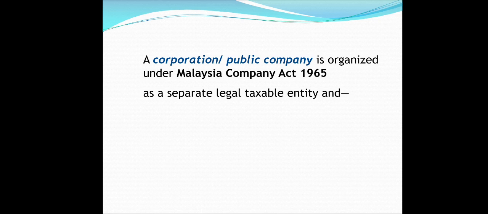So it means that a company is a separate legal and taxable entity. Sorry, a company is a legal entity. Remember about the sole proprietorship and partnership. I have told you that if you start a sole proprietorship and partnership, if somebody sue your business, you as the owner of the business has to go to court. When somebody sue a sole proprietorship or a partnership, it means that that person sue the owner of the business.